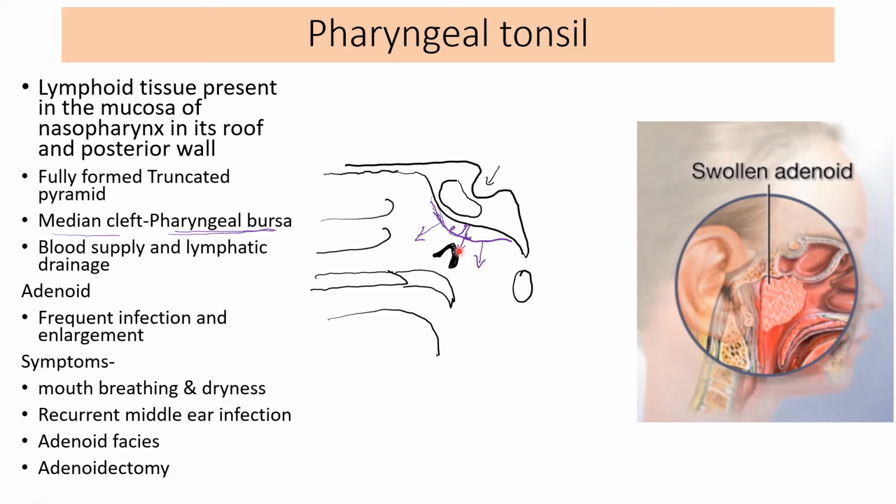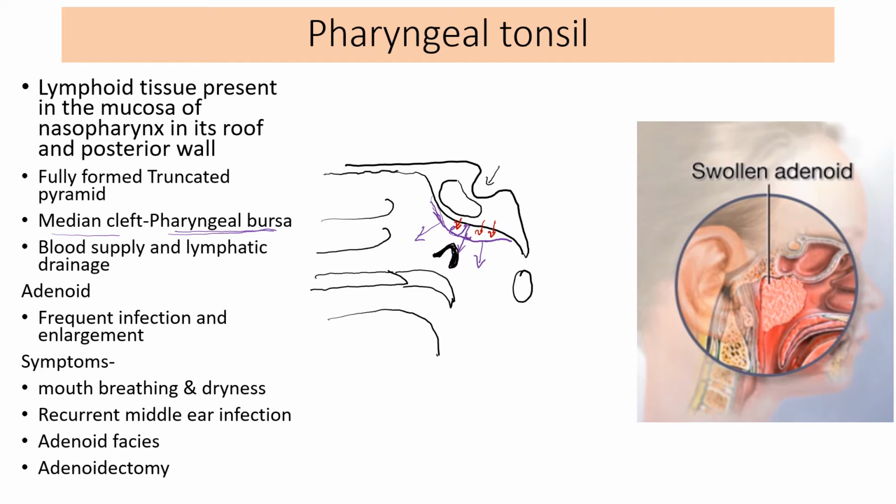That means by suction diathermy, this tissue is removed, and it has a rich blood supply. It is supplied by branches of the ascending pharyngeal artery, branches of the ascending palatine artery. There are branches from the maxillary artery also, the branch from the artery of the pterygoid canal. One artery should be kept in mind while removing this adenoid tissue. There is an artery supplying it from the basal part.